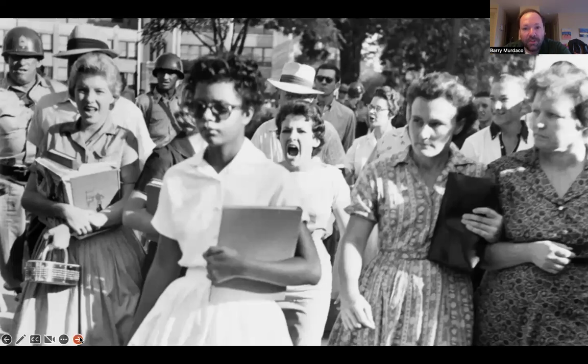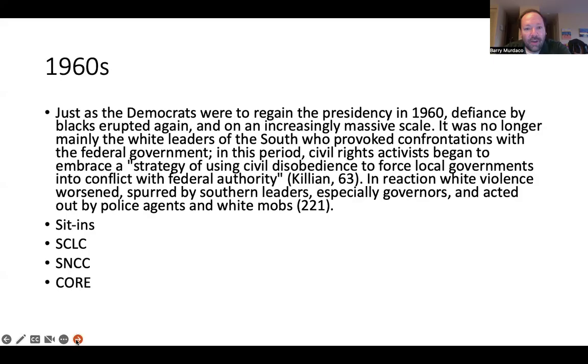You see famous photographs here. You see the army guys. The federal government basically had to take control of the Arkansas National Guard as well to allow for this to happen. So now we move into the 1960s. Just as the Democrats were to regain the presidency in 1960,